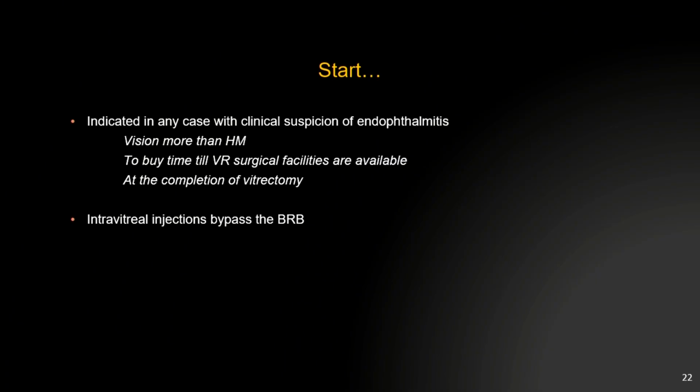Now coming to the recommendations on when to start intravitreal antimicrobial therapy: it is indicated in any case with clinical suspicion of endophthalmitis. It should be started at the outset if vision is more than hand movements; this is based on the EVS recommendation. If you are in a setup where surgical facilities are not available, until a VR surgical facility is available, you should give intravitreal empirical therapy, and also at the completion of the vitrectomy, it should